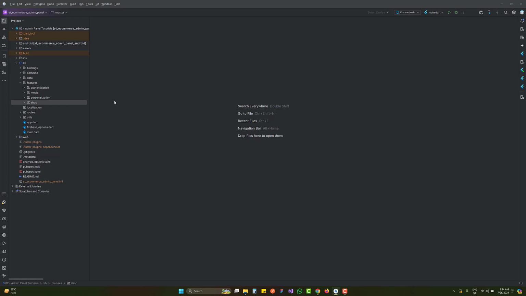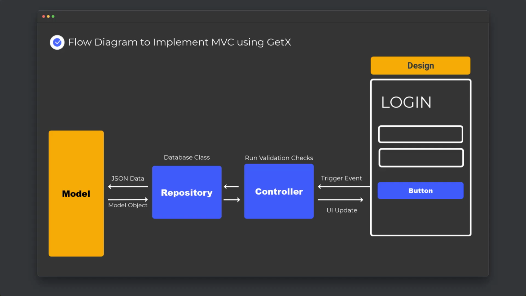We are inside our e-commerce admin panel and if you see the design, first of all, from the design, once the design is appeared, we will go toward the second screen, which is the controller, which is actually a class. All these things are classes. Design class is going to request to the controller. Controller is going to verify the request and ask the repository to get the cloud data. If there is no request related to the cloud data, controller is simply not going to go for the repository.